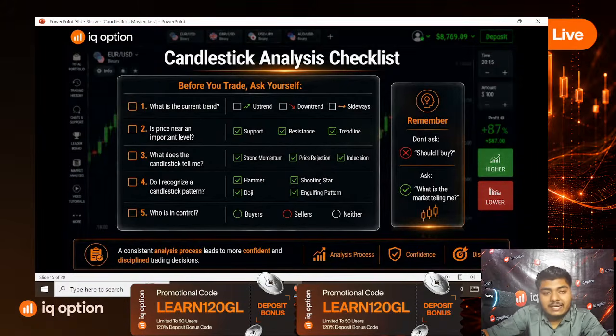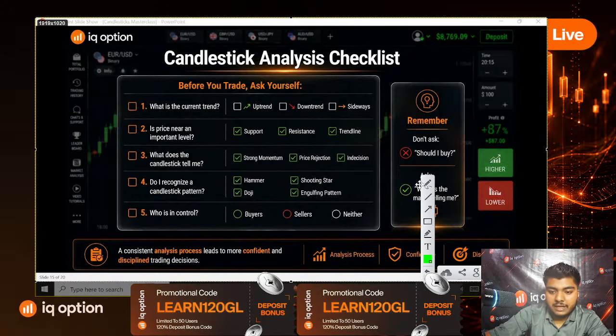If you recognize a candlestick pattern, ask yourself what it is telling you about the balance, whether it's in the buyer's area or in the seller's area. So ask yourself what the candlestick has actually formed. Finally, combine everything you have observed before making any decision. So let's